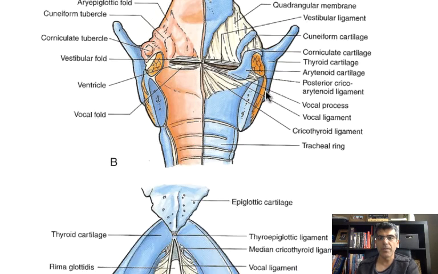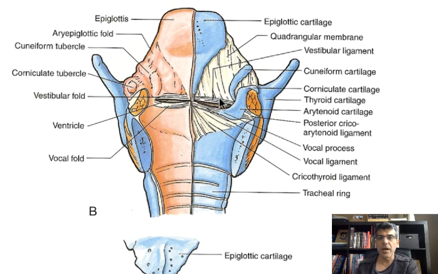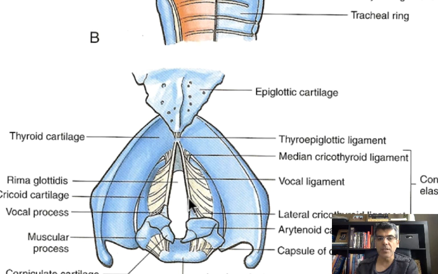So therefore here this is my false vocal cord, bottom part of this quadrangular membrane, and this is my true vocal cord. You can imagine that if you bring this piece and attach it to this piece to complete this circle, because we open the trachea from the back and we are looking at the trachea from the back. If you bring this piece and bring this piece and attach them to each other to make a complete circle, then this and this, they're going to come close to each other. You're going to have something like this.